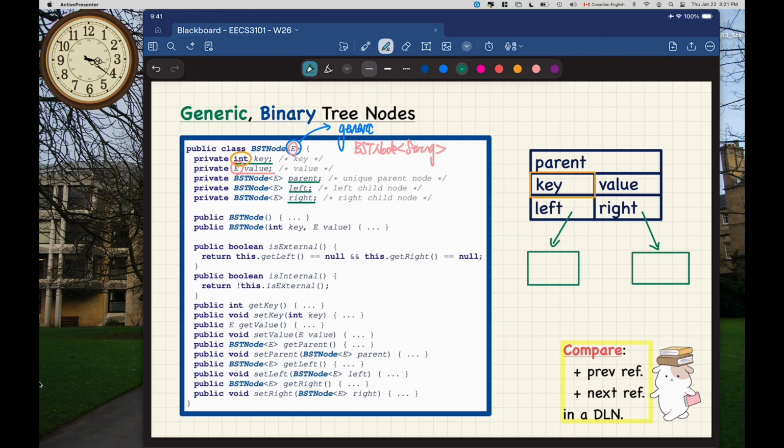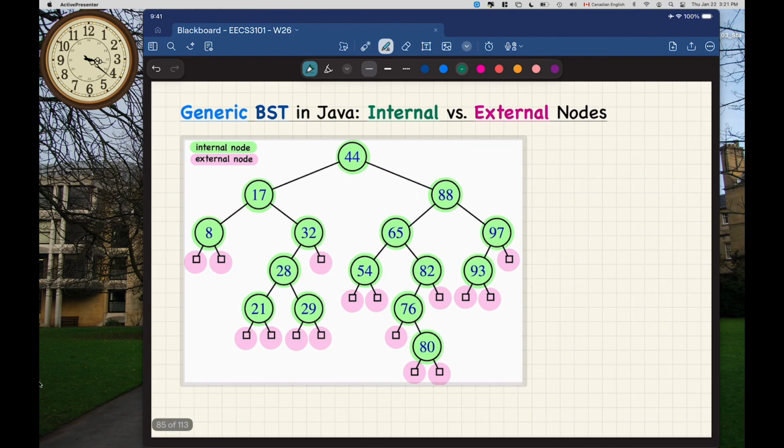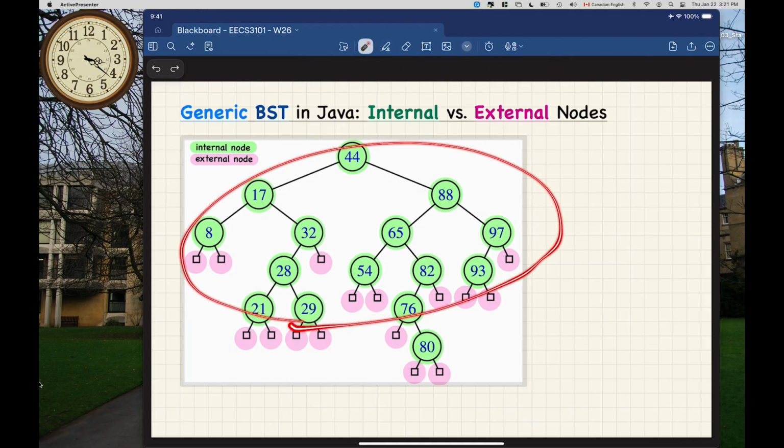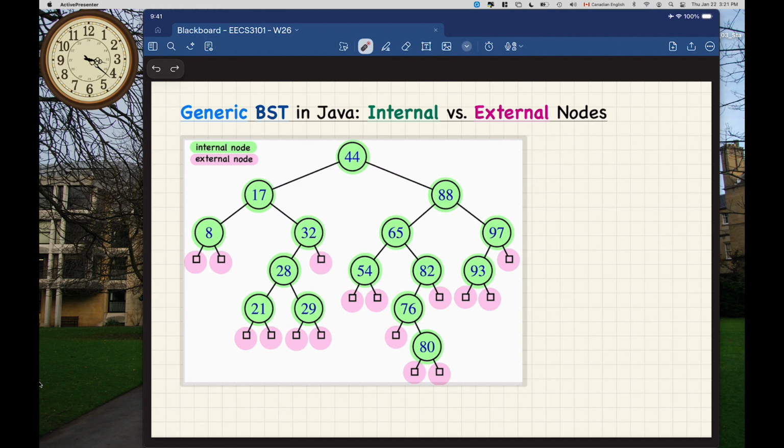However, it is very important for you to distinguish between external and internal nodes. A very good practice is to design something called sentinel nodes. I'll show you another diagram, which you will see on the slides as well. So here, let's say we're only showing the key value. This is a binary search tree. Any nodes that actually store meaningful key values, we call the internal nodes. So the green ones are the internal nodes,